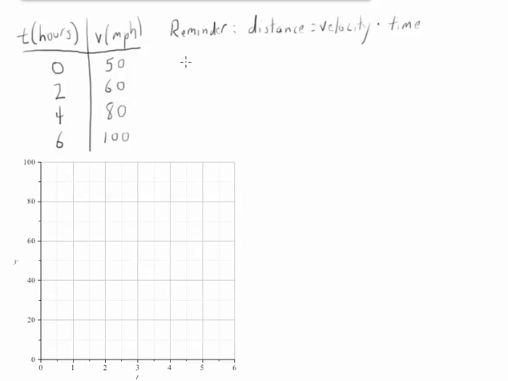So what we want to do for the first case here is find an underestimate of distance traveled, where we're talking about time between 0 and 6. So we're going to look at each interval of time. There are 3 intervals, from 0 to 2, from 2 to 4, and from 4 to 6, and we'll come up with an underestimate. We'll notice that for the first 2 hours, the